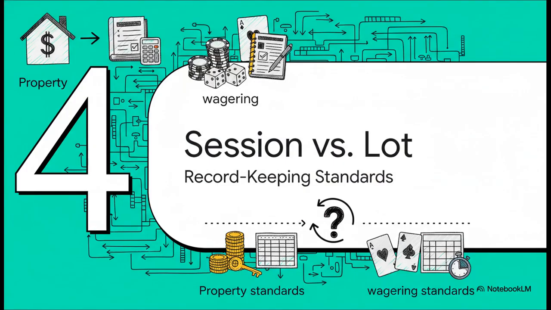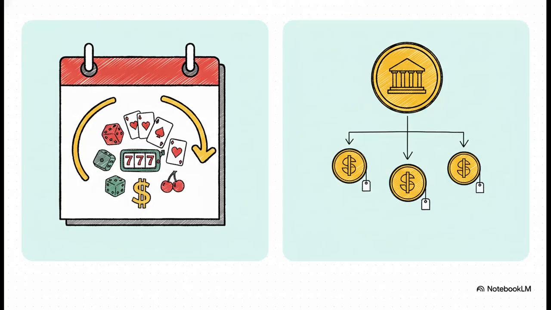So all of this, choosing between property and wagering, has a direct mechanical impact. It dictates the exact way you have to keep your records. The accounting system you need to use to back up your client's position in an audit is completely different depending on which path you go down, and you can't mix and match. For wagering, the IRS actually gave us a safe harbor in Notice 2015-21 called the Session of Play. Think of this as being based on the clock. It lets you lump together all your activity at one casino or on one website within a single calendar day.